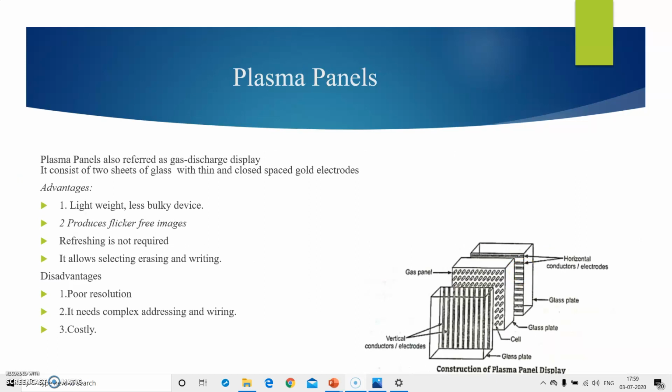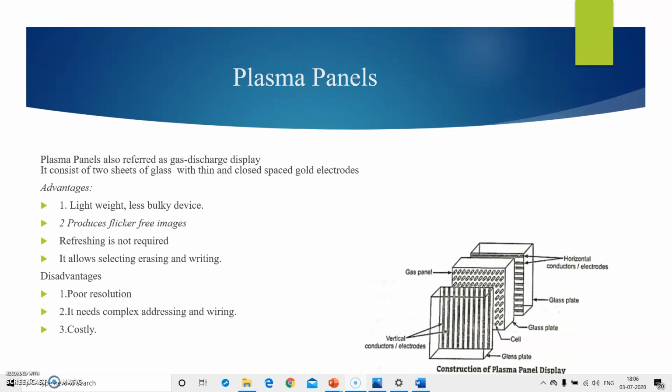Next we will study plasma panels, that we have mentioned as an example of emissive flat panel display. Then what is a plasma panel? Plasma panel is also referred to as gas discharge display. It consists of two sheets of glass with thin and closely spaced gold electrodes attached to inner faces and covered with dielectric material.